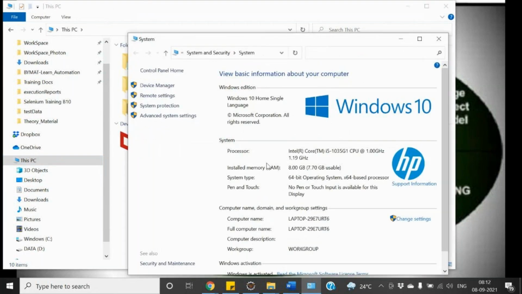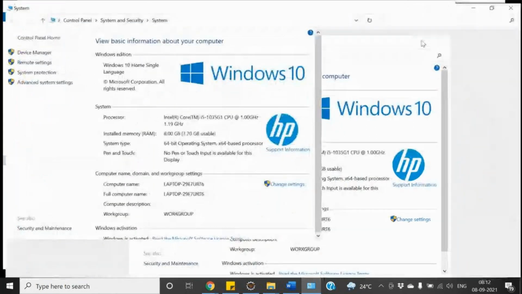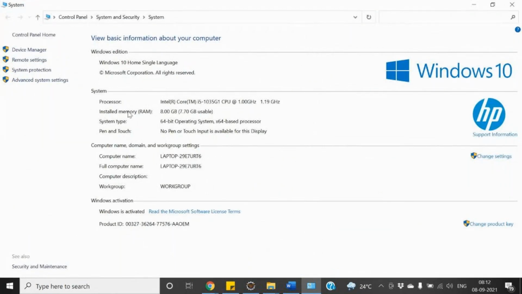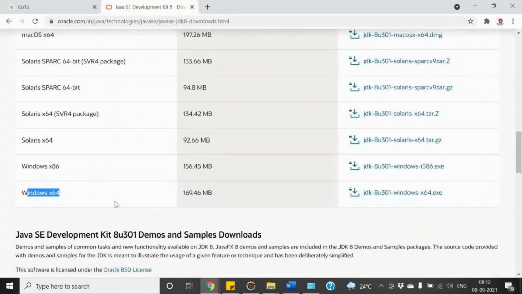Over here you'll be able to see the configuration of your system, the RAM and which operating system you are using. It's 64-bit, you can see the x64-based processor, so you'll be sure from here which operating system your machine is using. It's a 64-bit operating system, and this is Windows 10. So you need to go for this Windows x64 one.